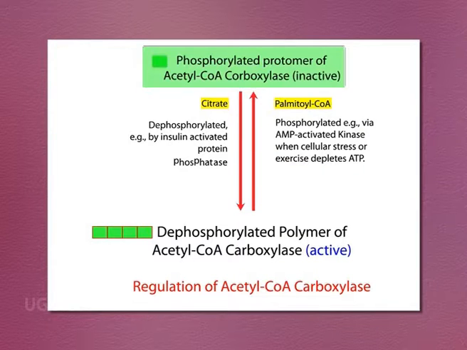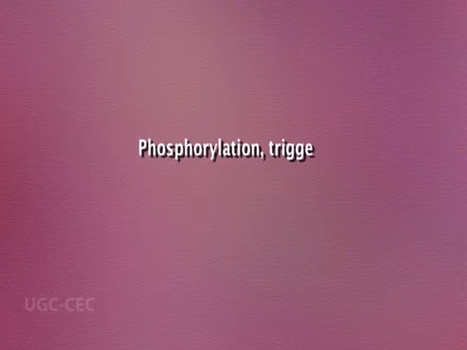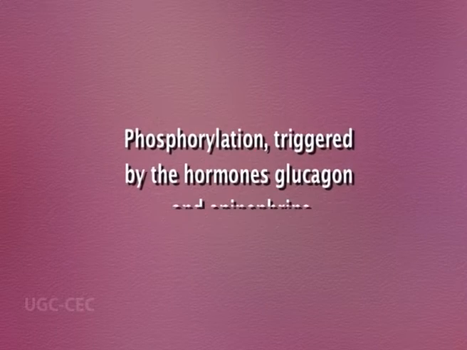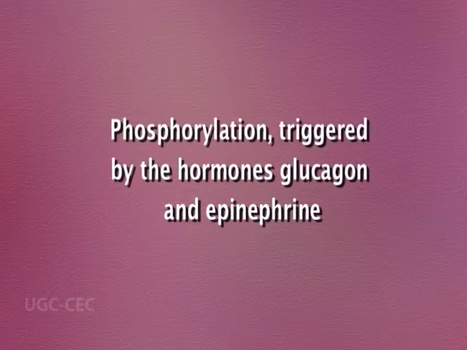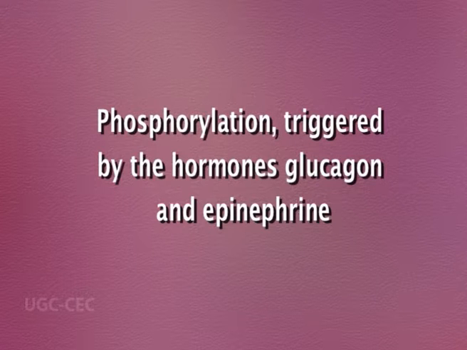For example, mammalian acetyl coenzyme A carboxylase is inactivated by phosphorylation, which is favored by glucagon. It is activated by dephosphorylation, which is favored by insulin. Citrate, a metabolic product of the Krebs cycle, also increases the activity of acetyl coenzyme A carboxylase allosterically. Phosphorylation, which is triggered by the hormones glucagon and epinephrine, inactivates the enzyme and reduces its sensitivity to activation by citrate. That is, it does not remain sensitive to citrate, thereby slowing